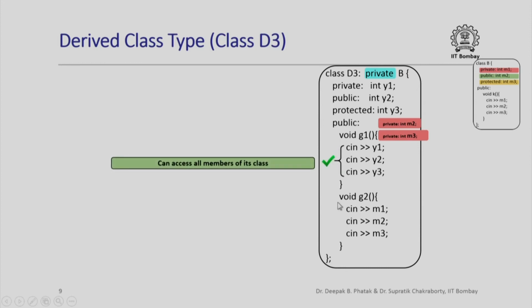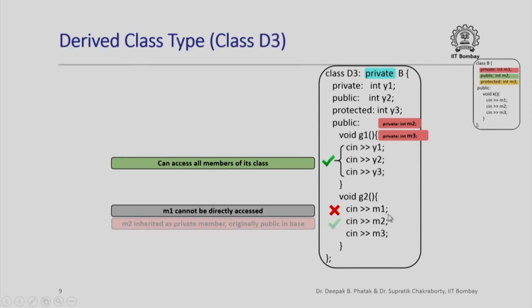So for this public member function I am just trying to access the data members already declared within this class, so this is perfectly fine, no compilation problems. Here I am trying to access once again a data member which was private in the base class, so the compiler will complain here. Here I am trying to access a data member which was public in the base class,